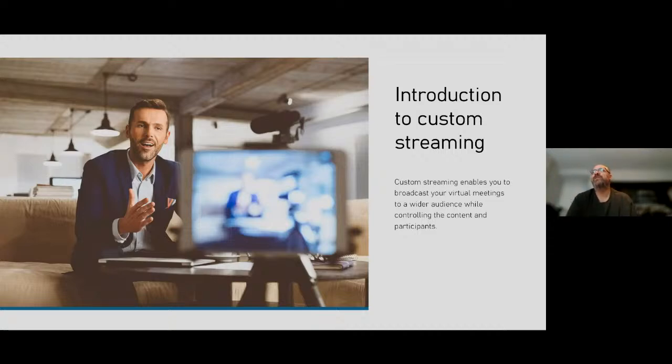So instead of just sitting with maybe the same information that's on the slide that I have a tendency to read, with speaker notes, as Frank Falvey showed us on the Azure and AI show, the speaker notes are different than what the text is on my slide, so that if I read custom streaming is a powerful feature that allows you to broadcast your virtual meetings to a wider audience while still maintaining control over your content and participants, I am not reading exactly what is on this slide. I'm getting the same gist, but I'm using different words. So speaker notes are super helpful.